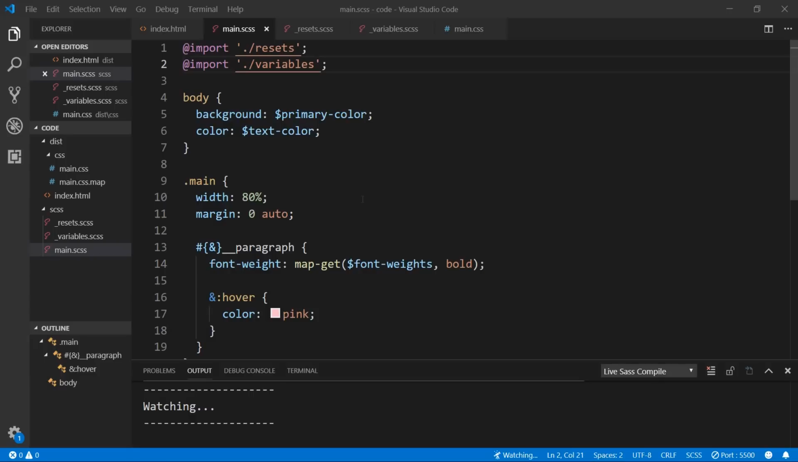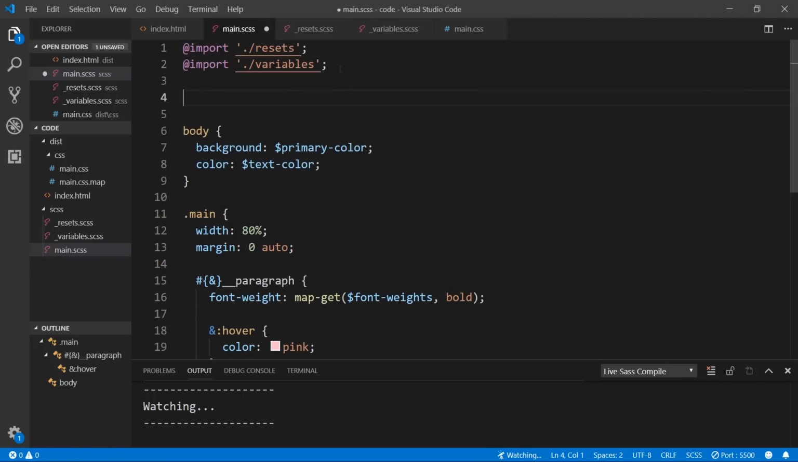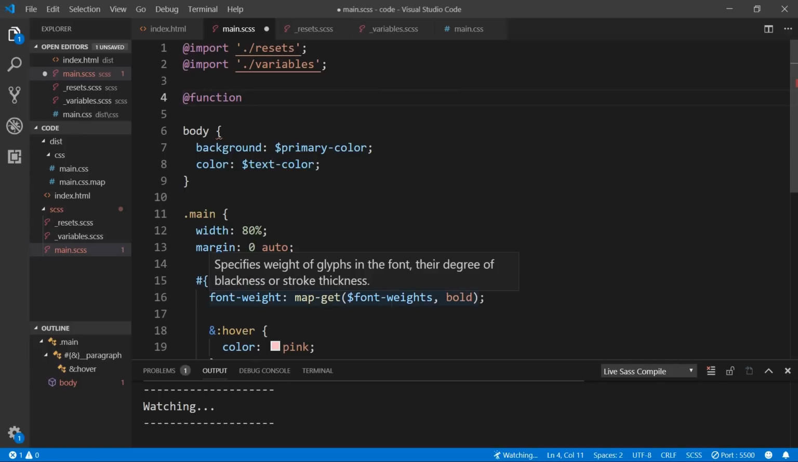Alright, now let's talk about functions. If you're familiar with JavaScript, functions in Sass are very similar. To create a function, we'll put it here at the top, and we're going to say @function to define that this is a function, and then we will name it. So this map get and the font weights down here, it's a bit much. It's kind of ugly. We can shorten that up, especially if we're going to be using it all over our CSS. So we're going to create a function that is called weight,